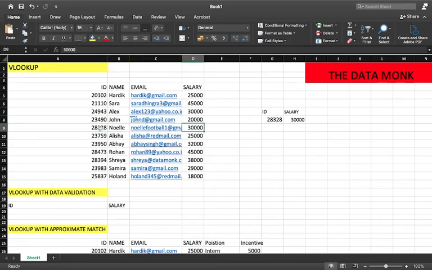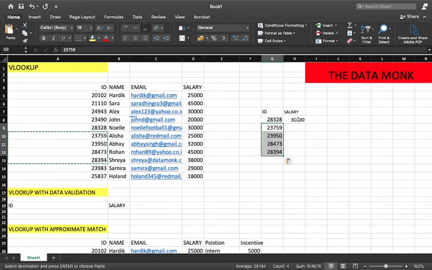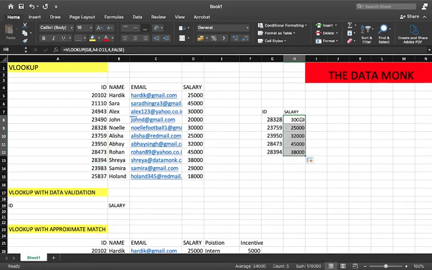Right? So this is how you can use the VLOOKUP function to fetch values. Now for example, if I want to fetch values for these other 4 records also, I'll just select them here. You don't have to write the function again and again. You can just directly drag this and you'll get all the values. The formula will be copied. If you see here, the formula has just changed its attributes a little and we have got the values.